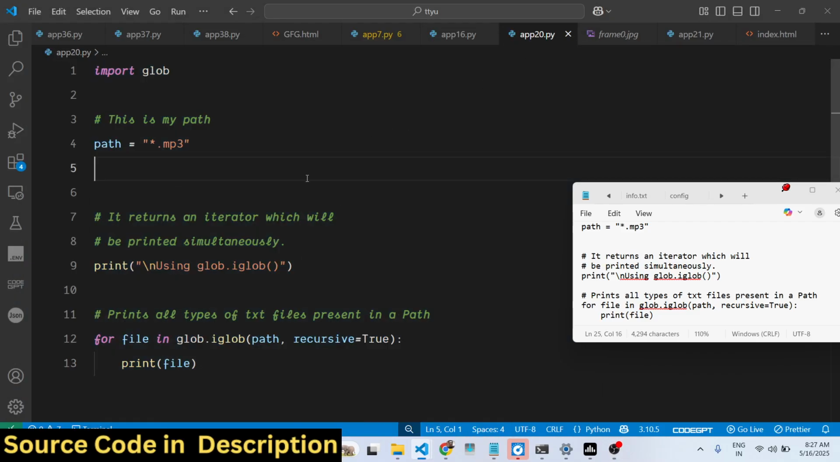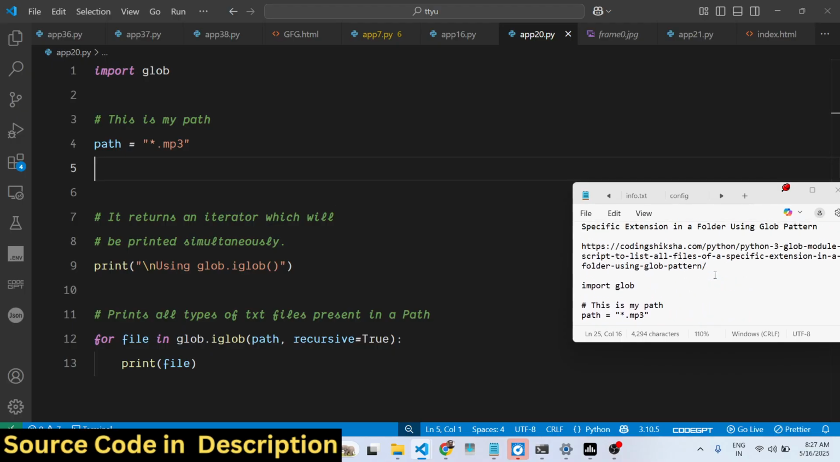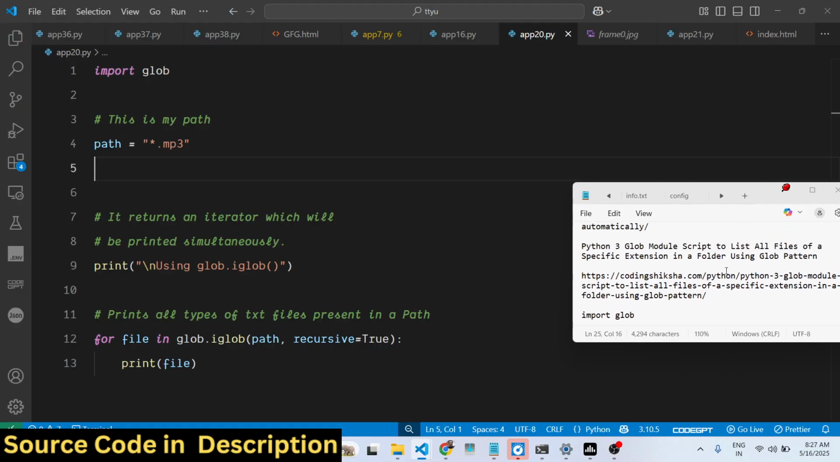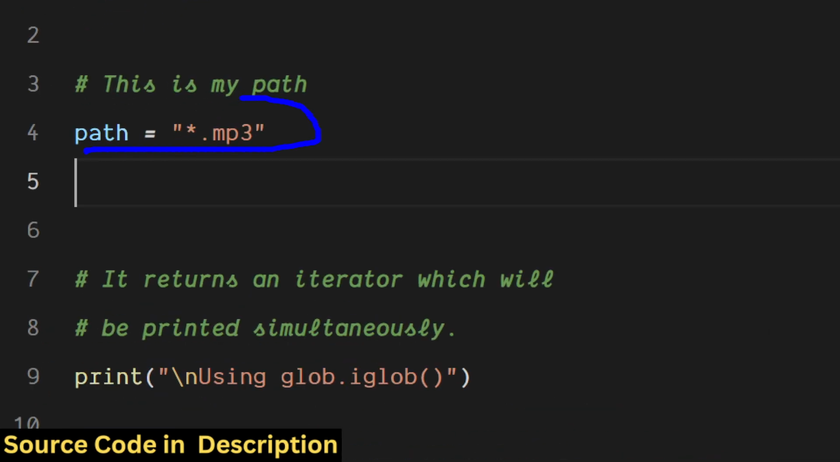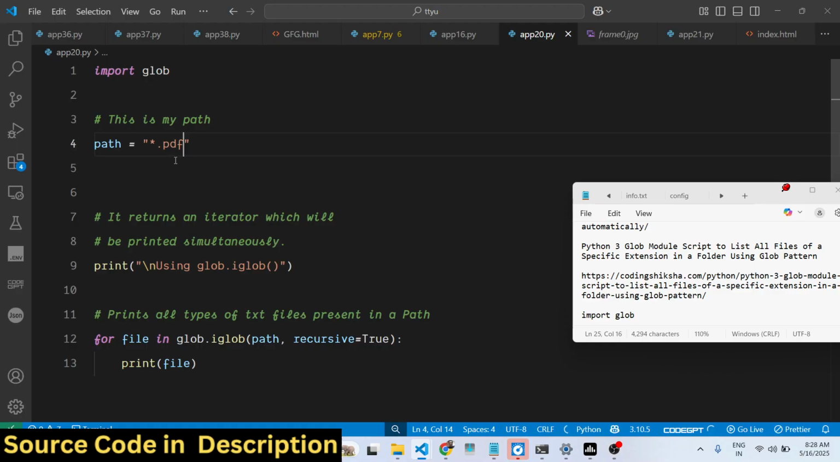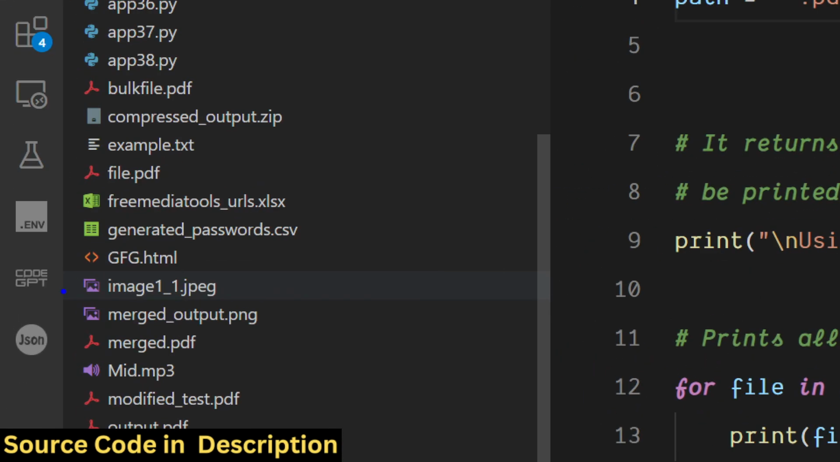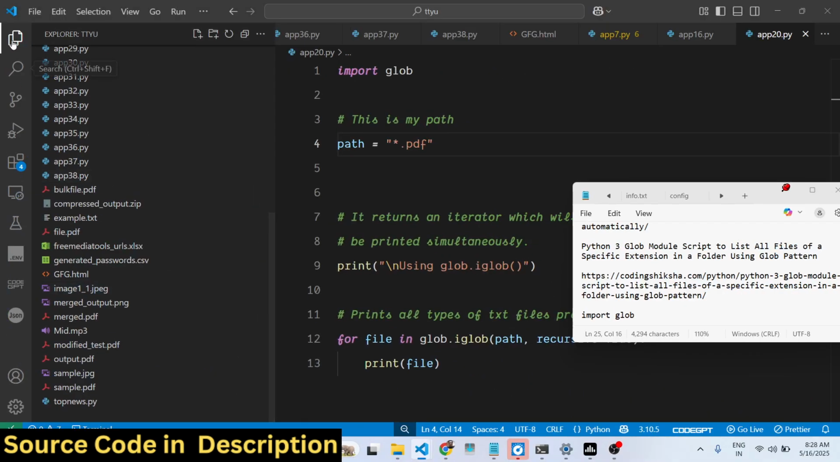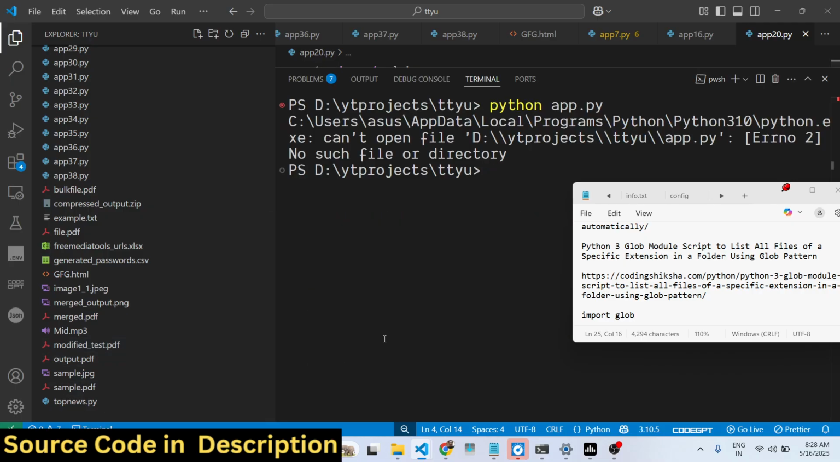So in this video I will show you how to get the list of a specific amount of files belonging to a specific extension using the Glob module inside Python. It will list out all the files of a specific extension in a folder using a Glob pattern. This is a very simple script where we are only requesting a specific extension. Let me replace it here with .pdf. It will search the entire directory and only return the files ending with .pdf. So if I run the script here,